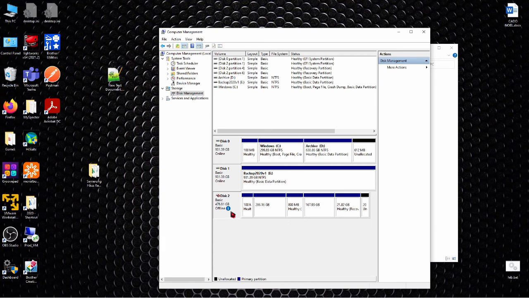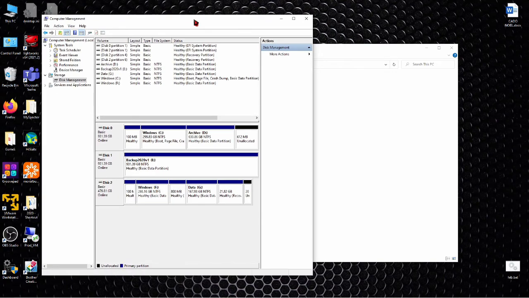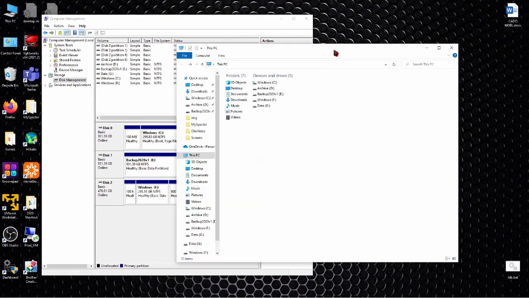So to be able to mount this disk, we must have a different disk ID. And to do this, you can right click and set online. And this will put it online by changing the disk ID. This is easy. This should be automated. This was automated in previous versions of Windows, but now Windows 10 does not automate it. And now I have my additional F drive, which has the old version of Windows, on my D drive. And here I have all my files that I will be able to copy back to my D drive here.